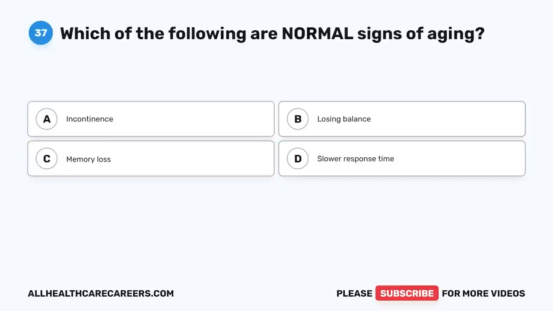Question 37. Which of the following are normal signs of aging? A. Incontinence. B. Losing balance. C. Memory loss. D. Slower response time. The correct answer is